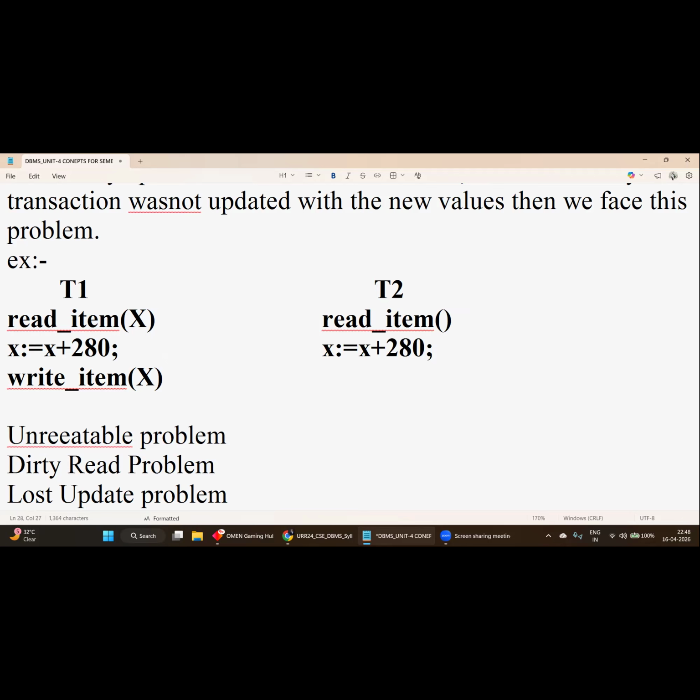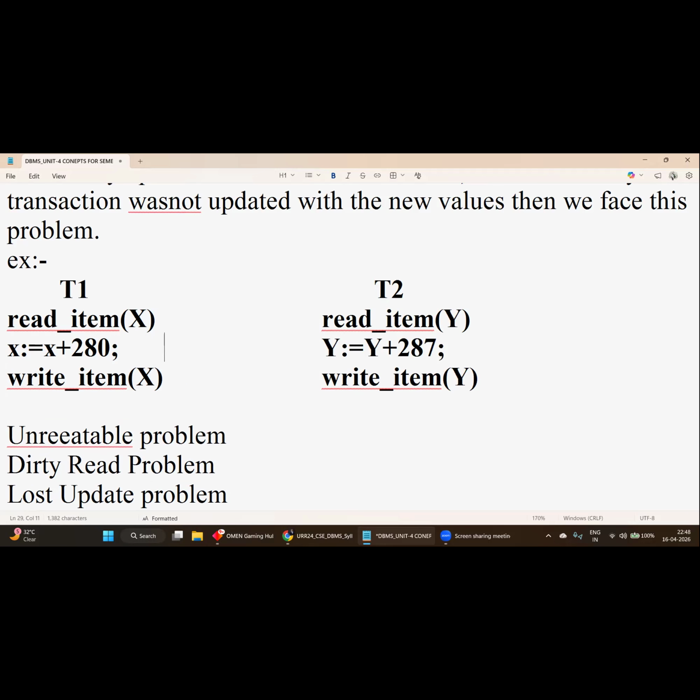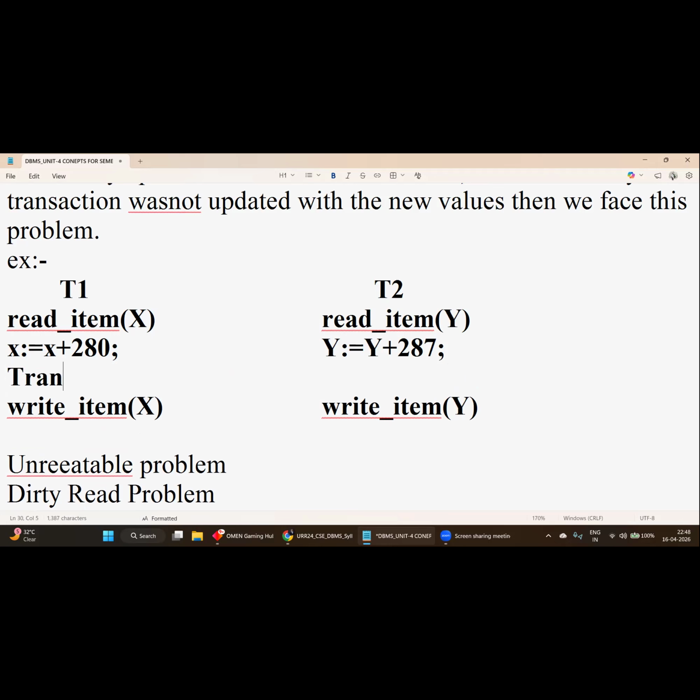Let us take the value as Y. Now write item of Y. Again, we will write Y. If suppose the transaction failed here,